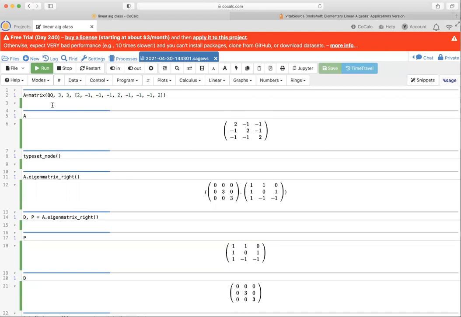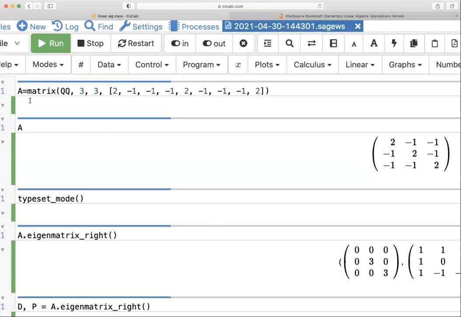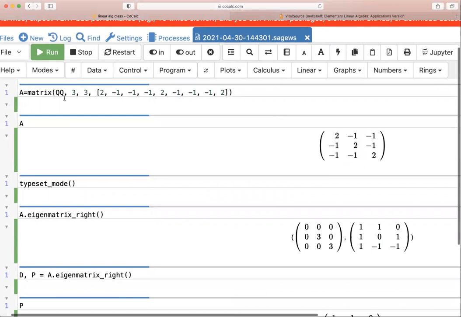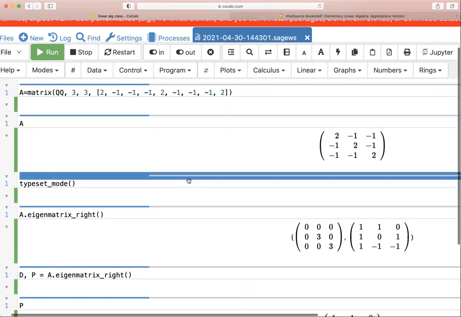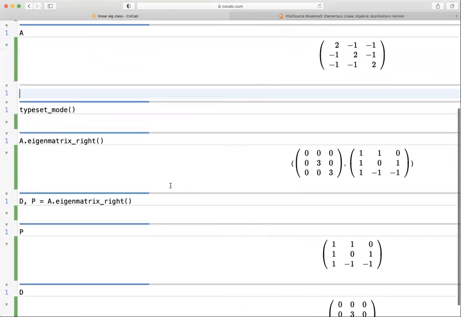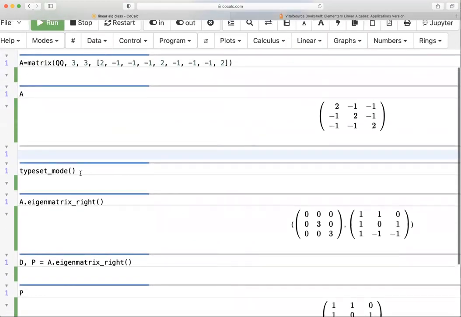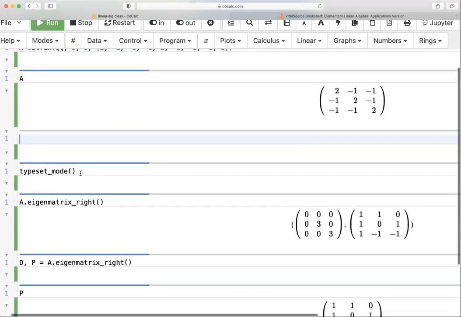All right, so we enter our matrix A, and here's how to do it. It's a 3x3 matrix with entries in the rational numbers. That's what the QQ stands for. And then you just enter the rows of A successively. Then turn on the typeset mode. This works in Safari, doesn't work in Firefox, but oh well. And then we